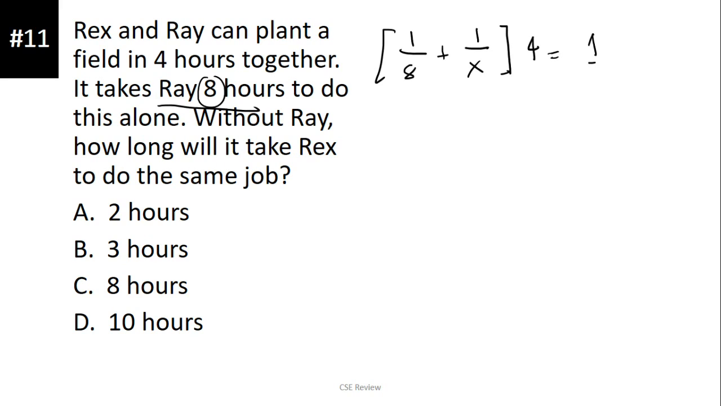Ngayon, you just solve this down. This is going to be, i-LCD natin siya. So, ang LCD niya is 8x. This is going to be x plus 8. Okay? 4. Bakit? Kasi, when we get yung least common denominator, kunyari 1/2 and 1/3, di ba ang ginagawa natin,